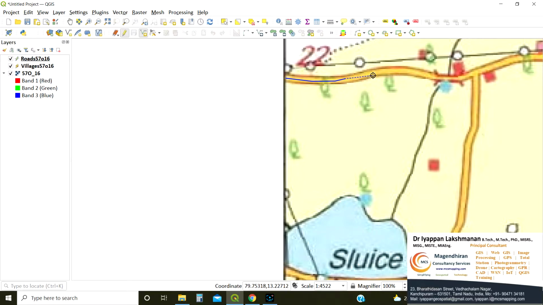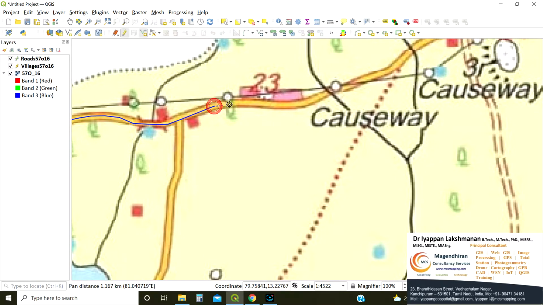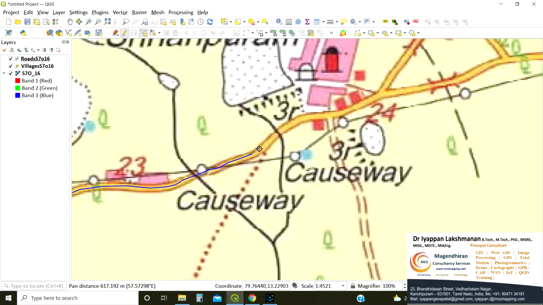So zoom, it may be like that. You capture a road center line. Wherever curves are there, you can give more points.